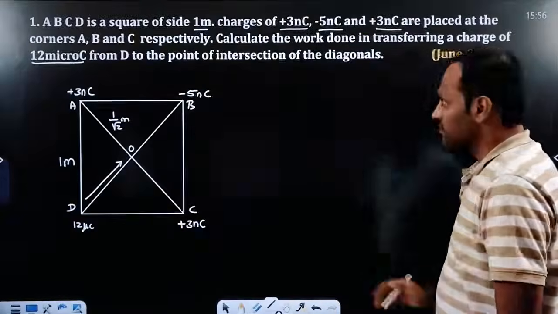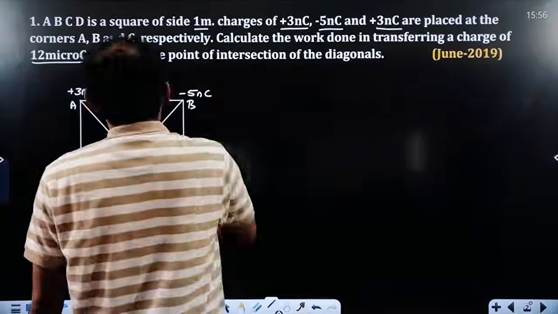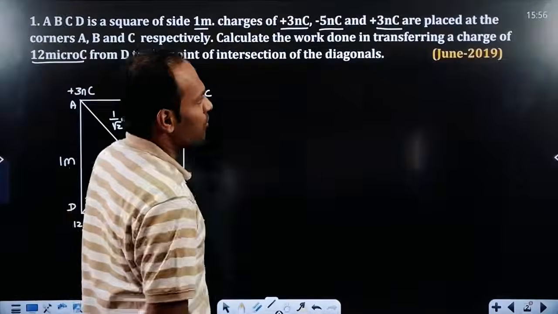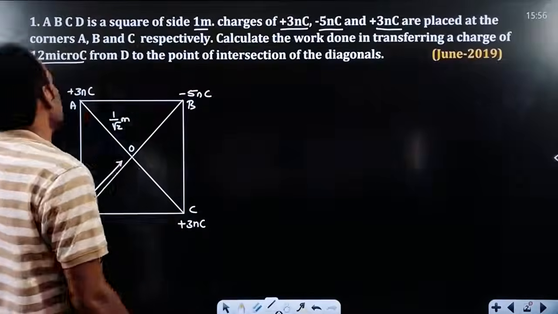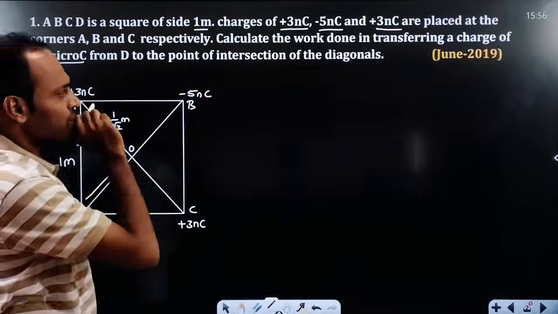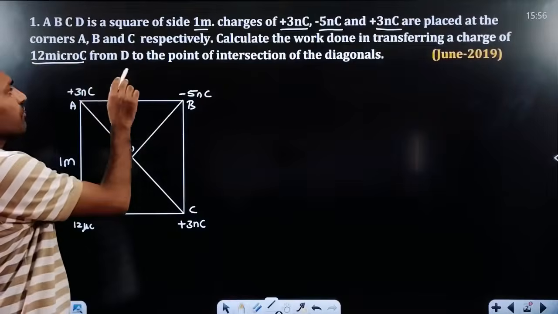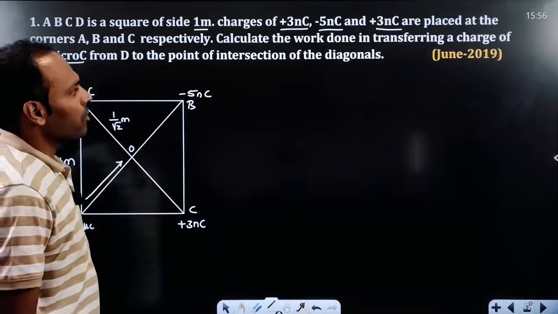So the first question is, ABCD is a square of side 1 meter. Charges plus 3 nanocoulomb, minus 5 nanocoulomb and plus 3 nanocoulomb are placed at the corners A, B and C respectively. Calculate work done in transferring a charge of 12 microcoulomb from point D to the point of intersection of